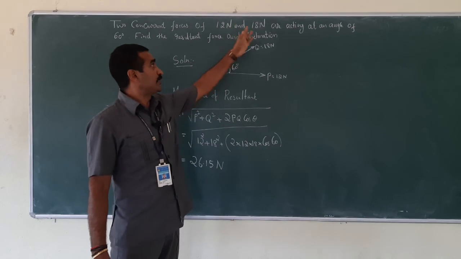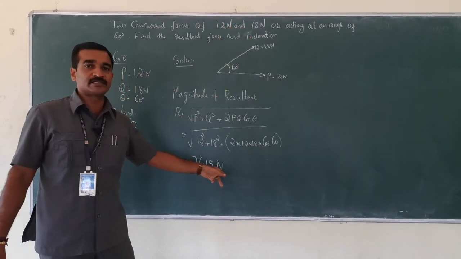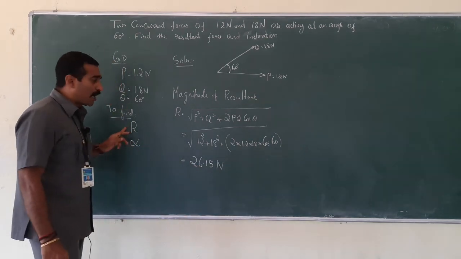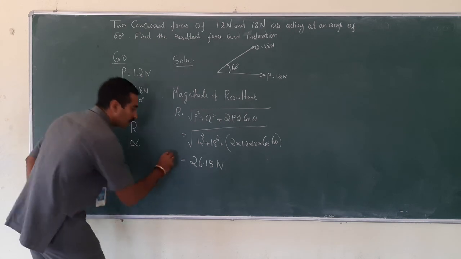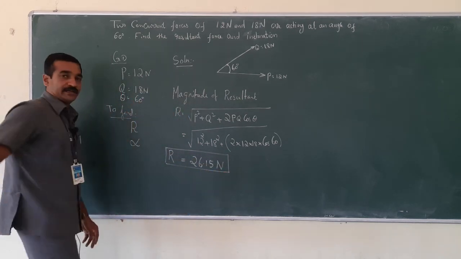Here in the question it is given Newton as the unit, so you can mention the unit as Newton. Next, what has been asked? Look here, the R value has been arrived at. So if you want, you can just close the bracket in this manner.